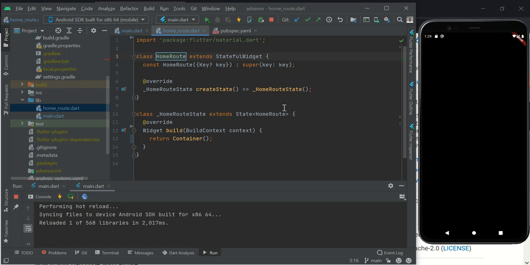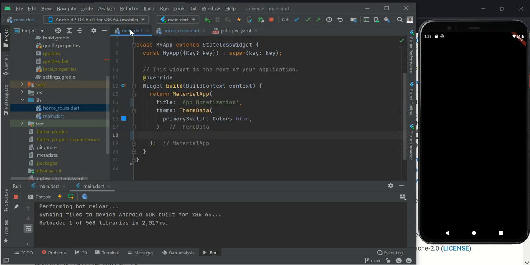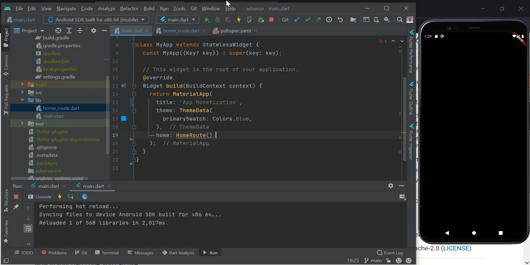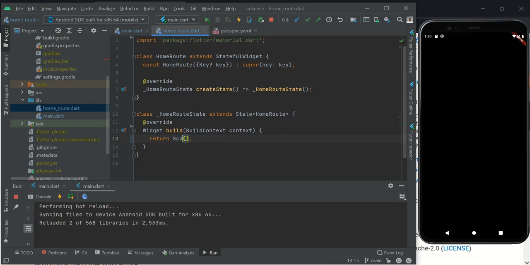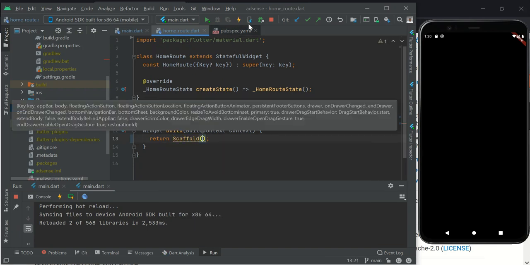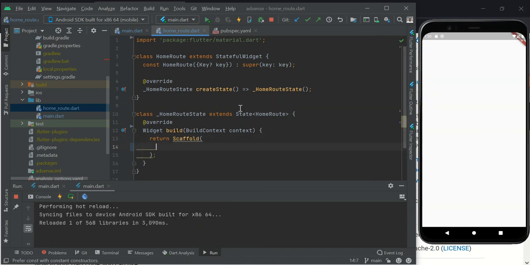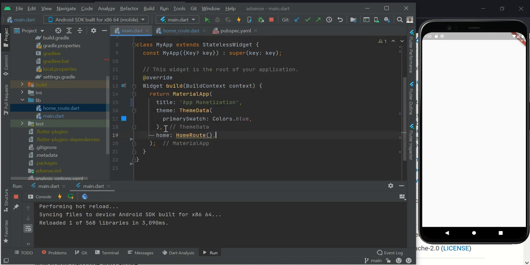So we want to click a home route. So our home route will simply be what? We've created this home route and we want to add this home route to our main. So we quickly come to this place and display home. And what we want to call is home route. So with this, once I click on this, it should show our home route. It's showing our home route, but due to we don't have anything, let's return scaffold instead, and it will return a nice looking interface. Okay, this is our home route which we've just defined,